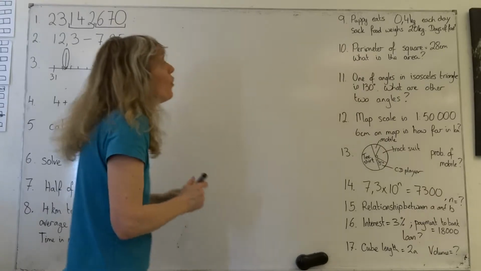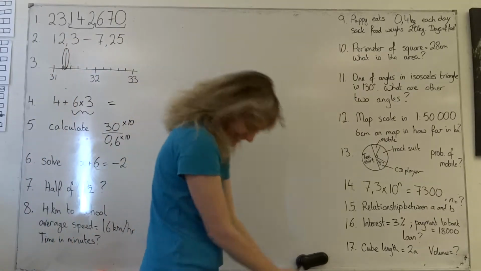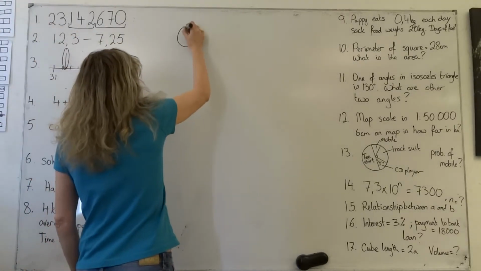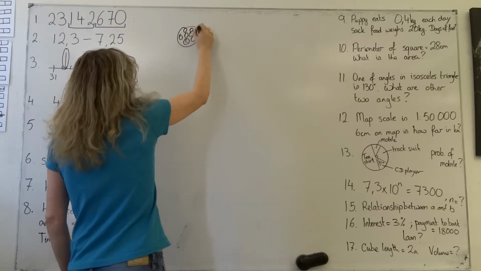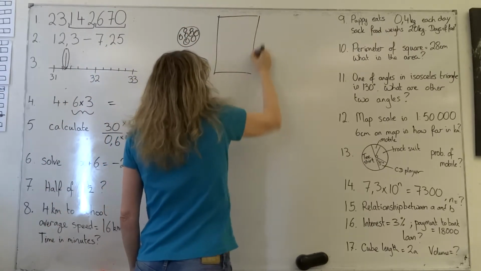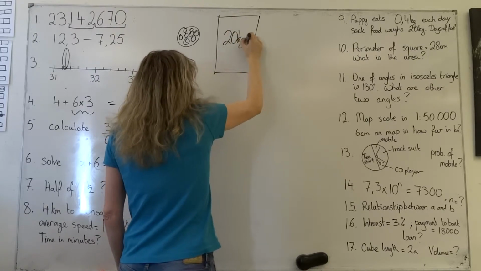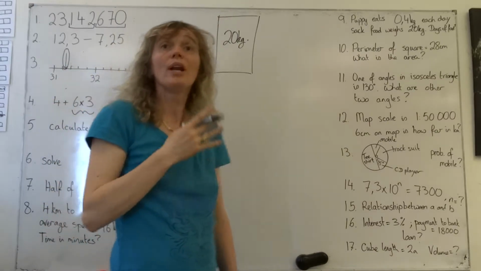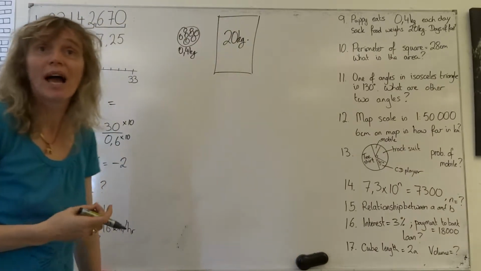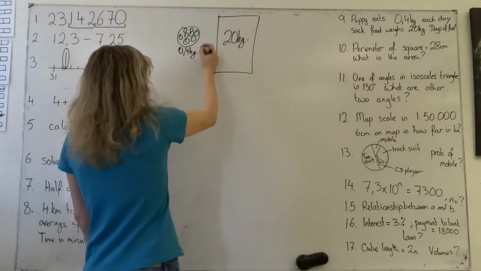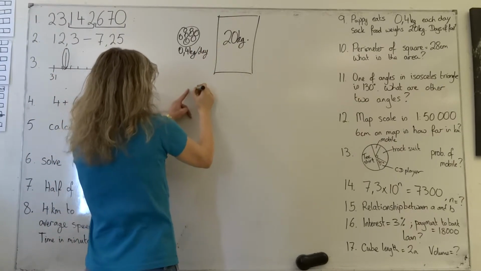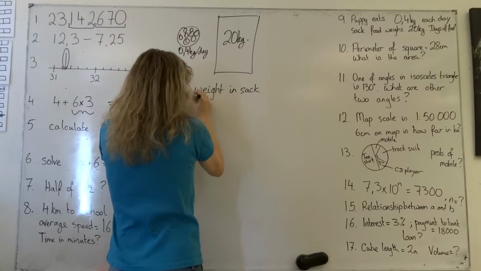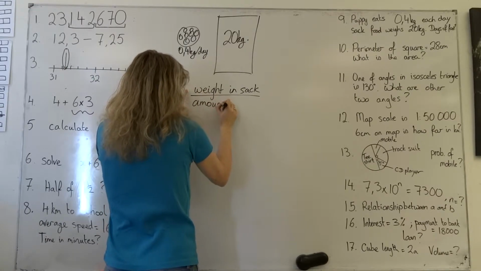The puppy eats 0.4 kilos of food every day in his bowl, okay? And we bought him an enormous sack of 20 kilos of food. So if we know that we need to divide, which one should we divide? If we actually put the units on here, it makes it really easy. Because if we divide the weight in the sack by the amount he eats each day,